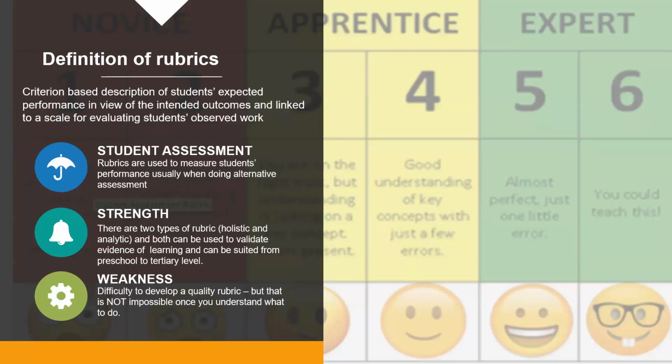If you look at how rubric is actually used, in terms of student assessment, that's where you want to measure students' performance, and especially it is used when you're using alternative assessment, meaning very unlikely that you'll be using a rubric in your final exam.